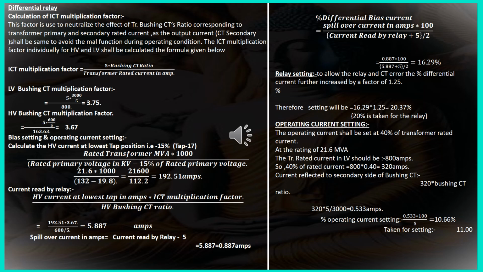The polarity of CT is somewhat critical, but for PT it is not difficult because one is phase and one is neutral. And for others, give the positive terminal from the transformer individual relay to the particular terminal, and the negative is common. So it's not a critical thing because we are not manufacturing the relays. Relay manufacturing is somewhat critical, but our relay men simply set the relay, setting is required.